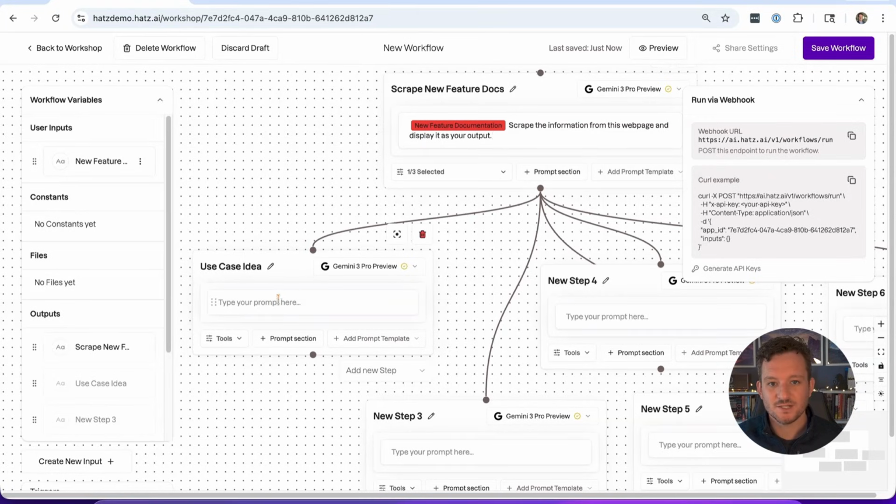So I need to click in here and say, using the output from, and then we click over here under outputs on the left. Just like we put inputs, we also have outputs. We're going to say scrape new feature docs. So that is going to inject the whole entire output from the previous step right in here. So using the output from this, which is going to be everything on that web page, create a use case